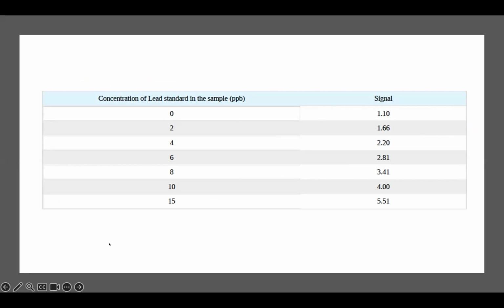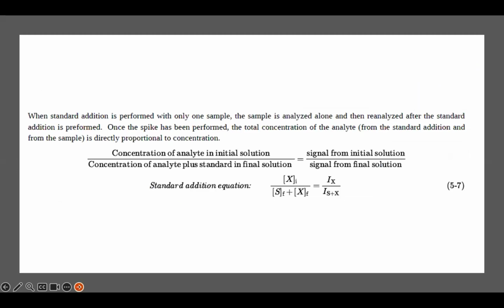Okay, so once you have done that, you do the measurements and get the data, the signal, and you can use this formula to calculate the concentration of analytes. Concentration of analyte in initial solution divided by concentration